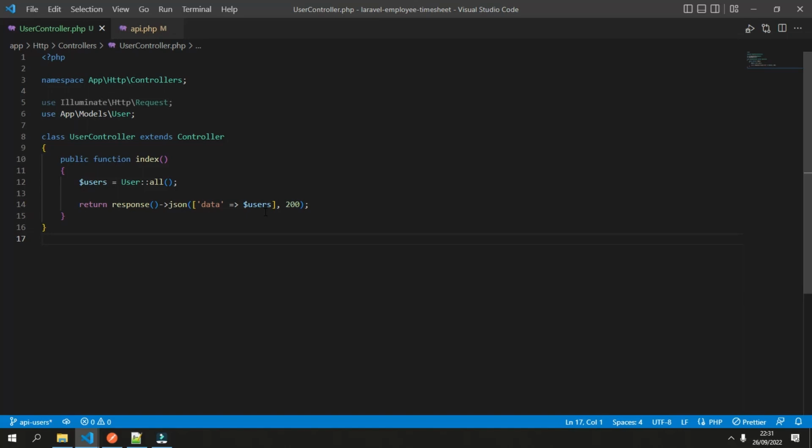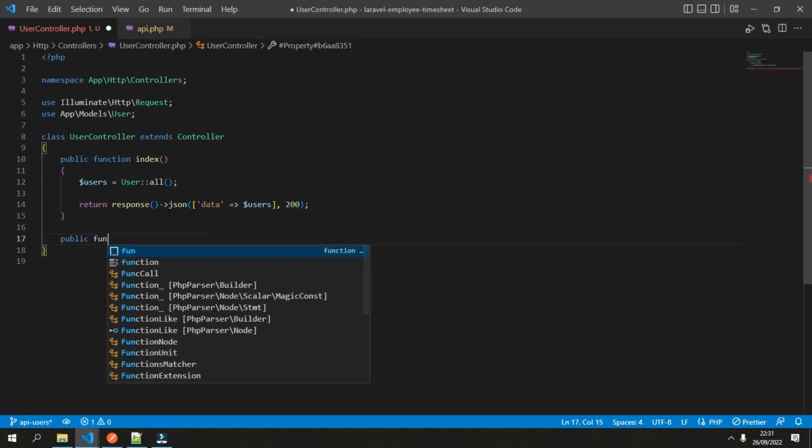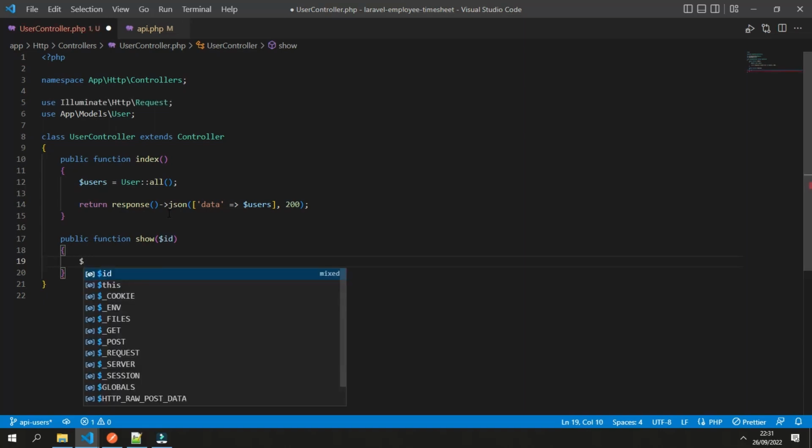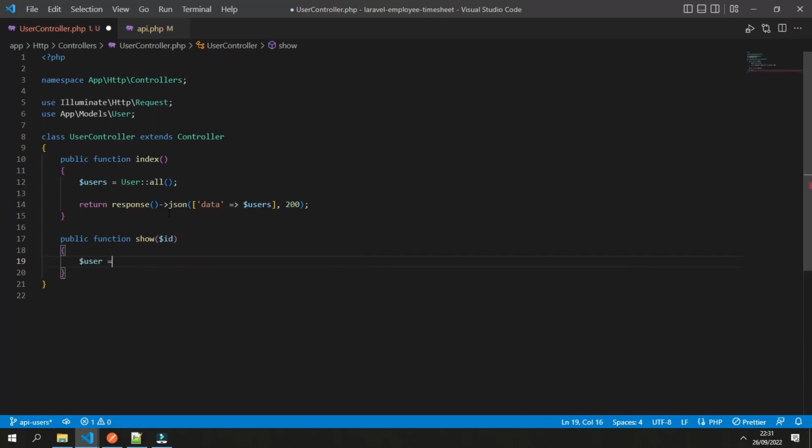After the user list, the next API is the user details. So let's create the function. Public function in Laravel is usually named show, where it expects an ID. First we need to get the user object based on the ID.